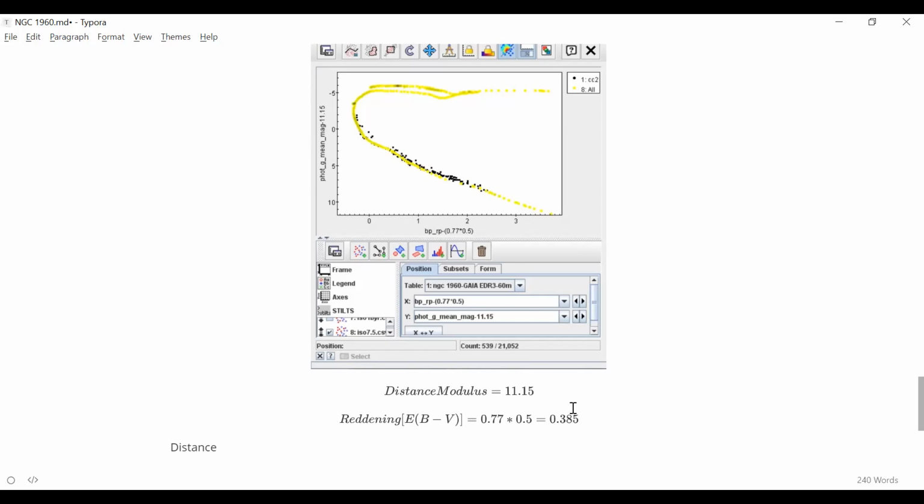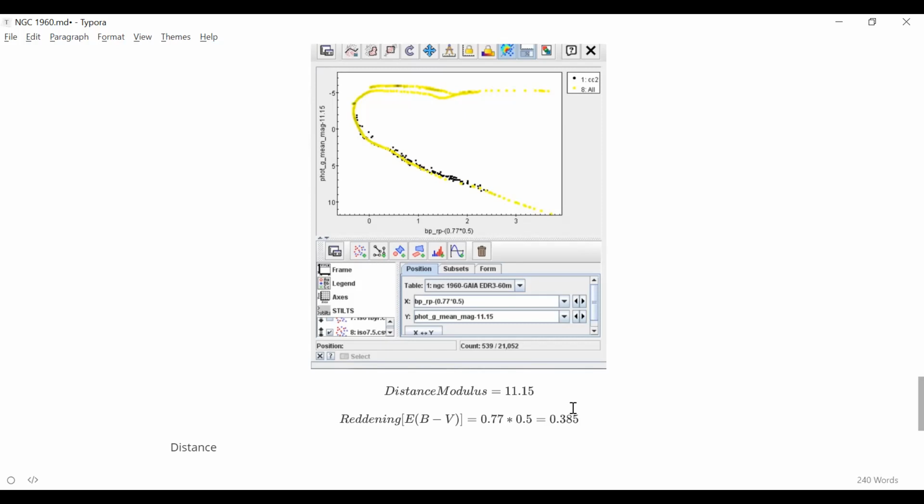Oh, yeah, ma'am. I couldn't hear you. I think from somewhere you even got the EB minus V value as 0.5, right? Yes, ma'am. Correct. So you've got 0.77 into 0.5, which is 0.385. Please replace your reddening EB minus V. Instead, you should write BP minus RP, blue minus red.